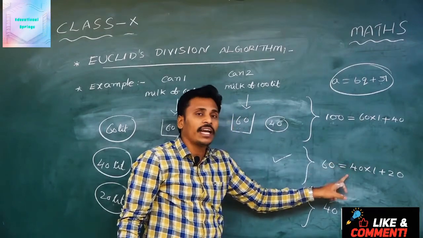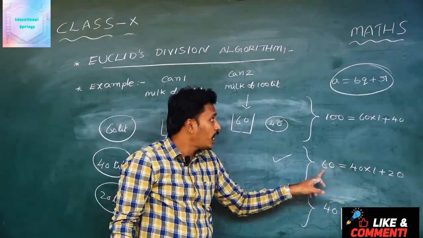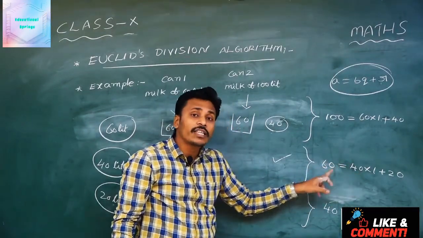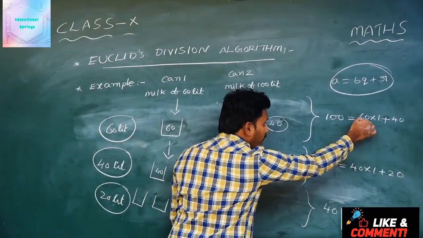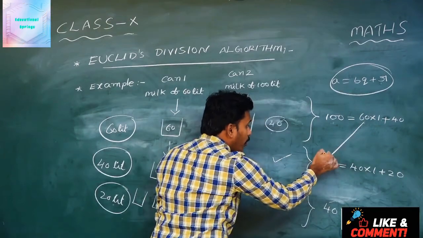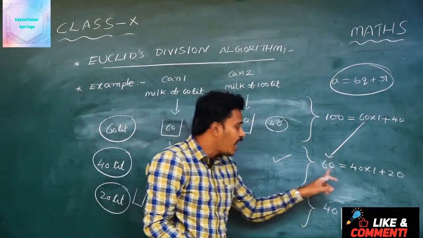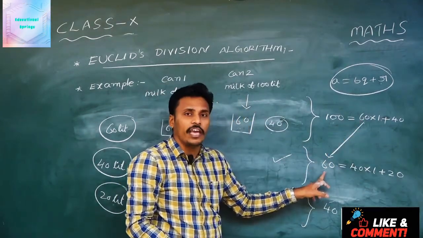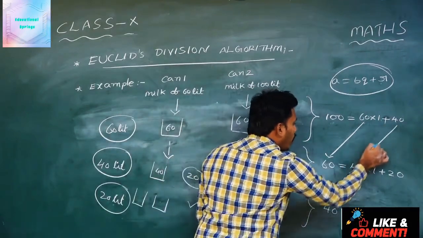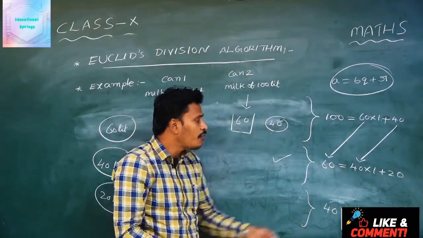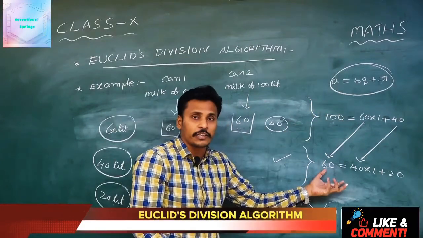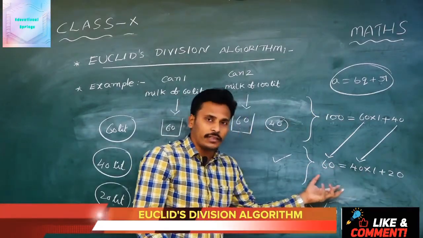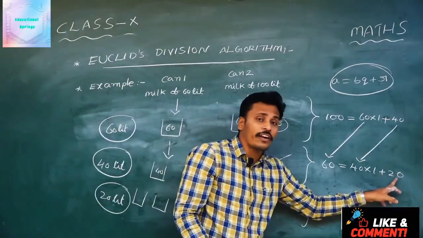And think about the second case. For the second case, what is A and what is B? For the second case, my A is this 60. This divisor of the first case will become the dividend of the second case. And in the second case, this 60 is my A and this remainder 40 is my B. Now if you apply Euclid's division lemma for 60 and 40, it looks like this. Again, here also the remainder is not 0.